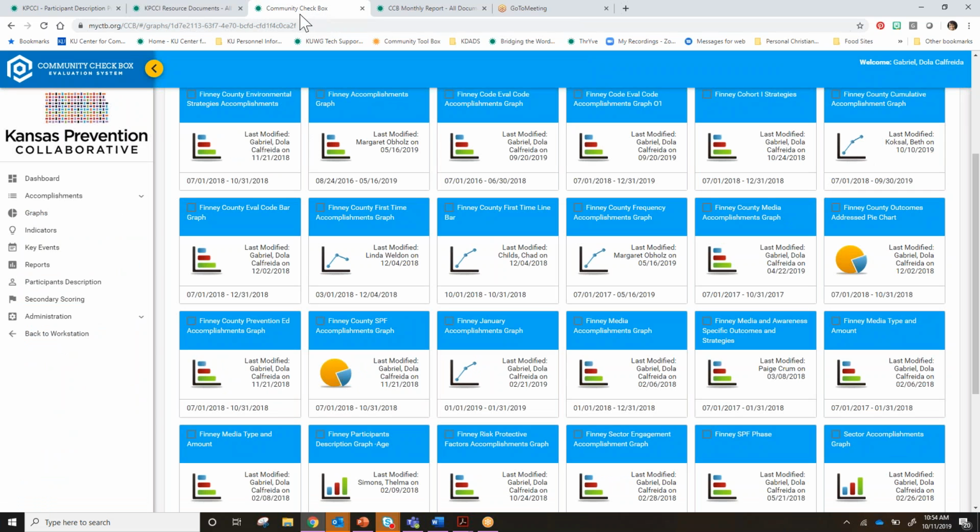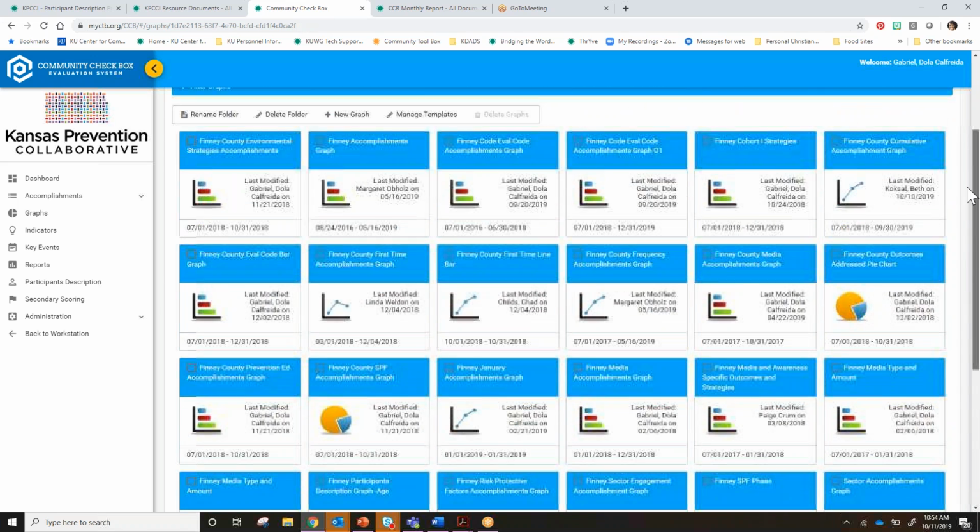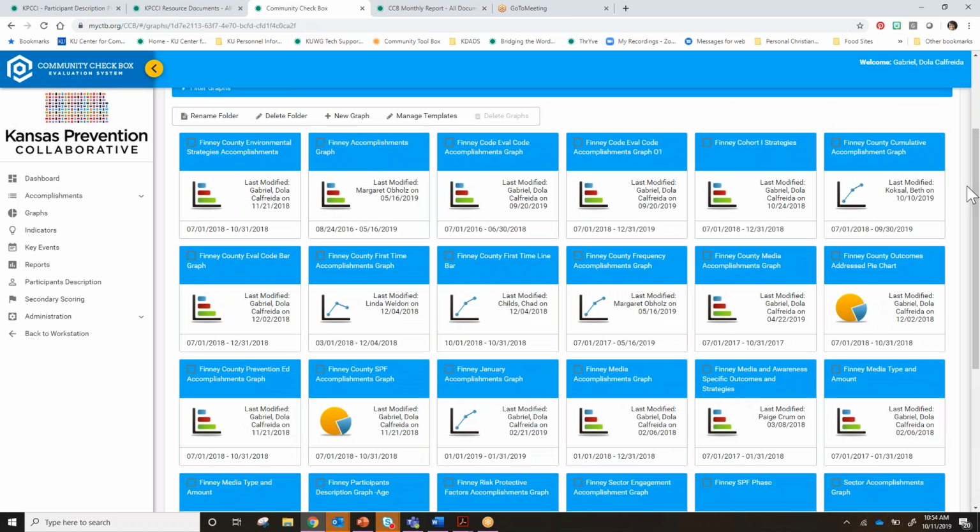Okay, so I briefly mentioned graphs. You guys all know where the graphs are. I used Feeney County as an example because I think I built more graphs for different purposes for Feeney County. Just about every question you're answering in the community checkbox can be graphed in some type of way. So I would encourage you to take a look at the graph, see what's there. If you have questions about specific items